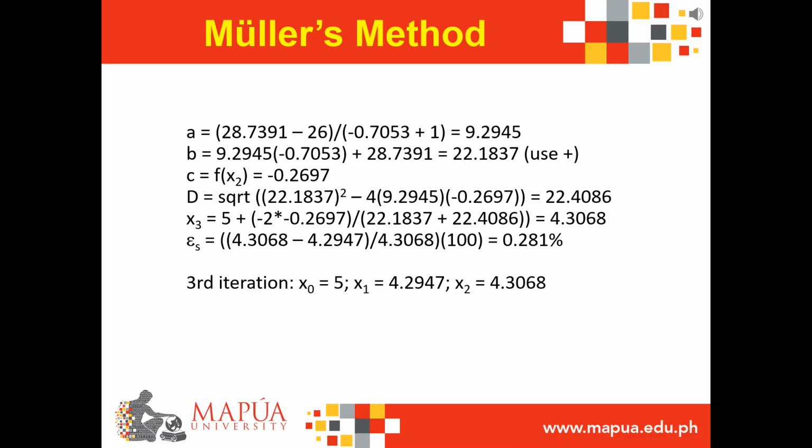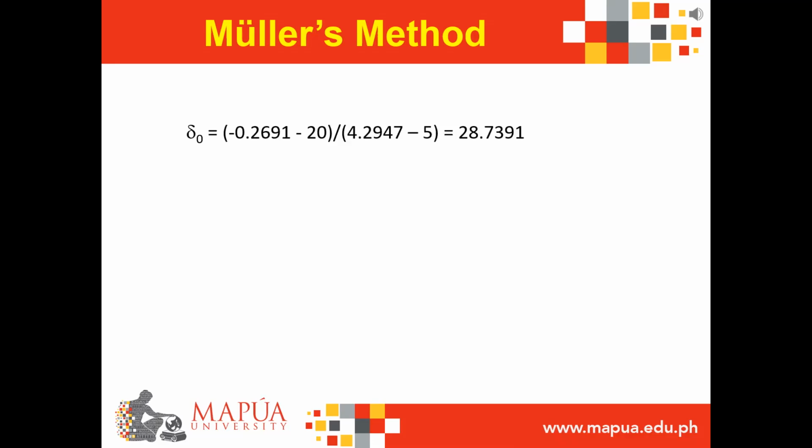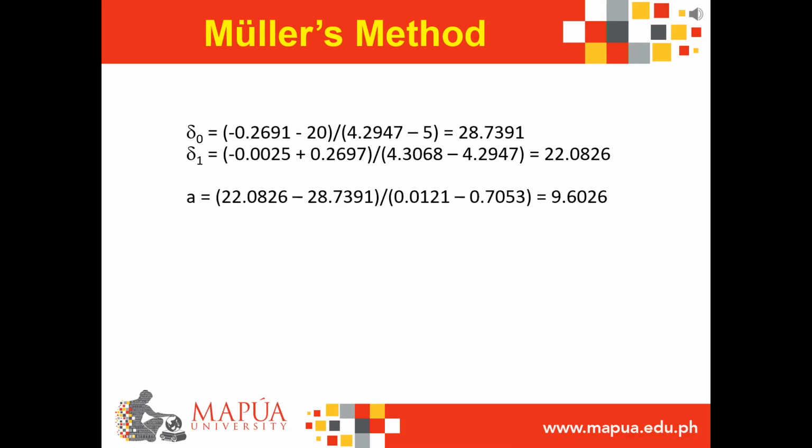So on the third iteration, we discarded x0. Our x0 now is 5, your x1 is 4.2947, and your x2 is 4.3068. Ending up now with the following function values and a curve fitting parameter equal to h0, which is negative 0.7053, h1, which is 0.0121, delta 0, which is 28.7391, and a delta 1 equal to 22.0826. And your coefficients to be